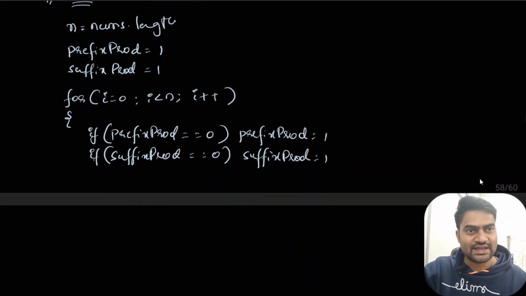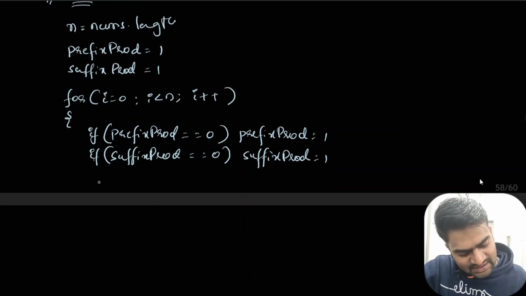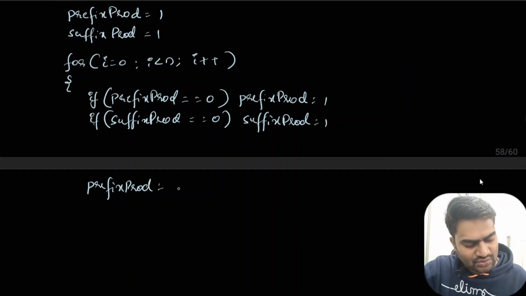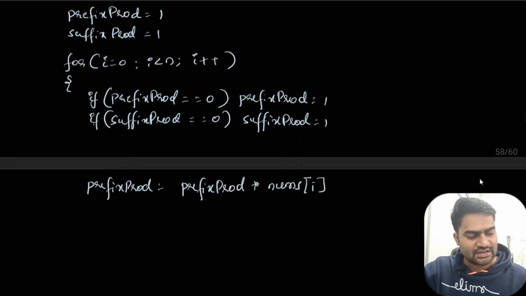If that is not the case, then I will calculate my prefix product equal to prefix product into nums of I, because this one I am traveling from left